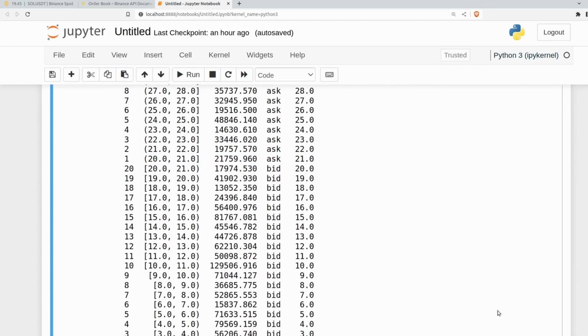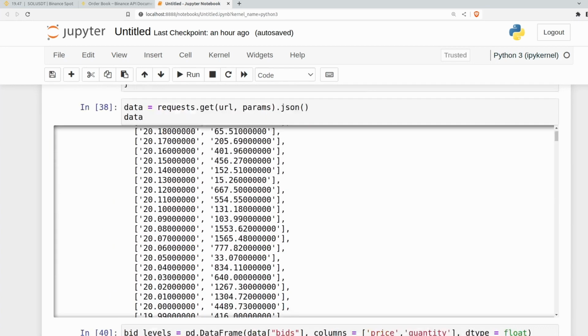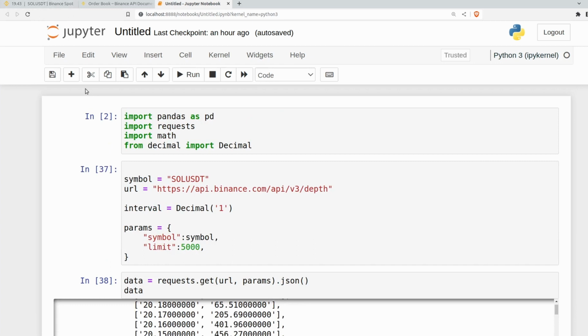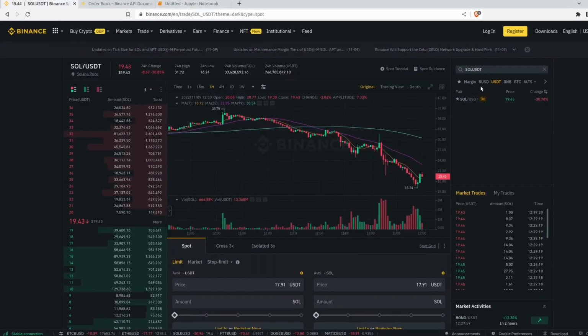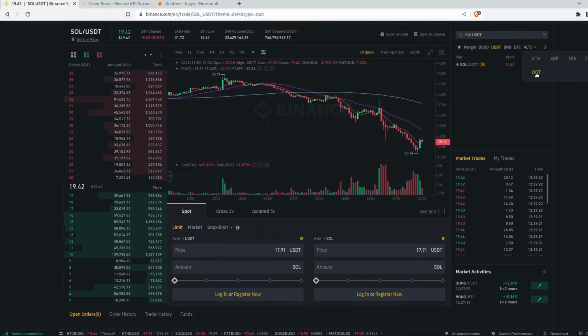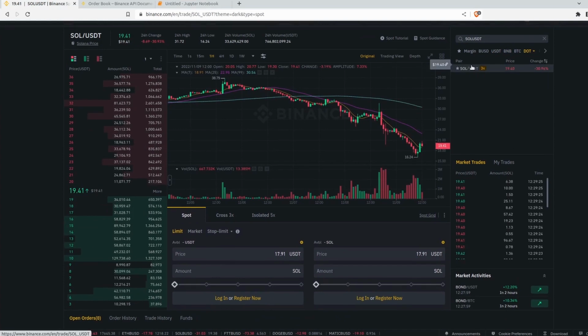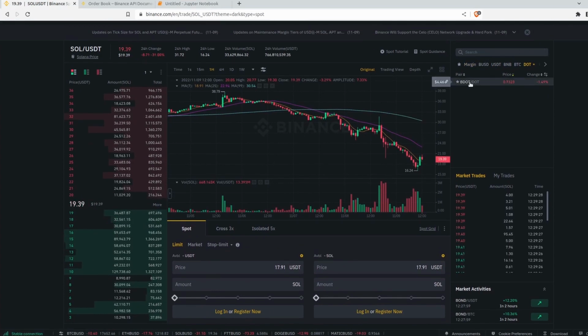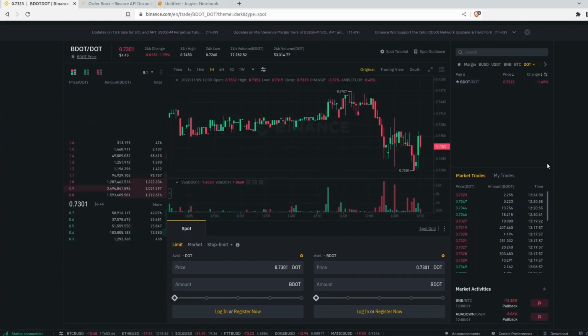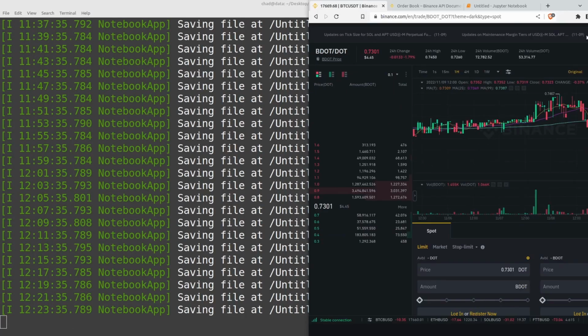So we should check our aggregated order book here against the one provided by our exchange, in this case Binance, to make sure that we're doing things properly. And to do that, basically just pick a pair that doesn't trade that often. So I have found one before this video, and I'm going to use a pair called B/DOT. Now this pair does not trade very often. It gets maybe one trade every 5 minutes. Therefore the order book is very stable. And so if I ask for data from B/DOT here,